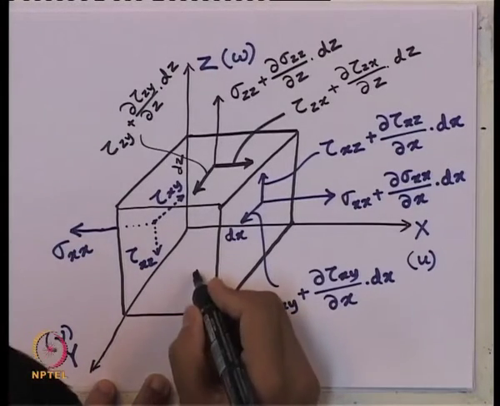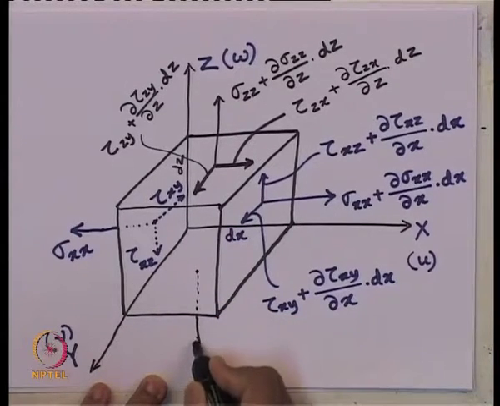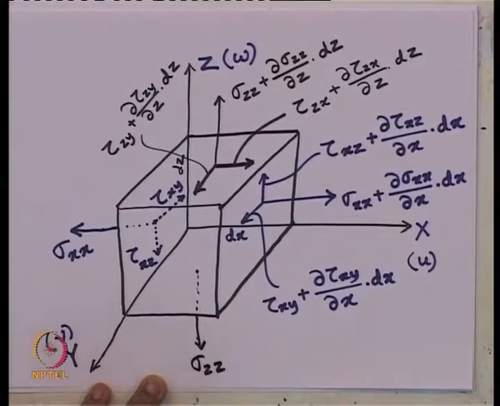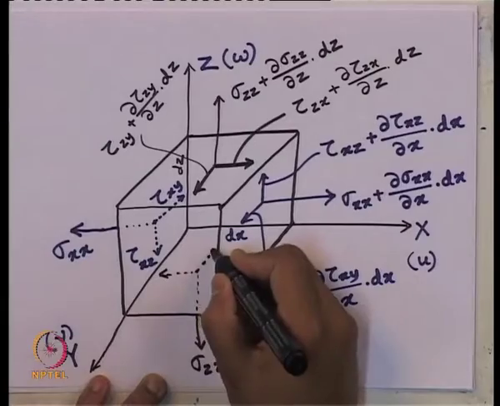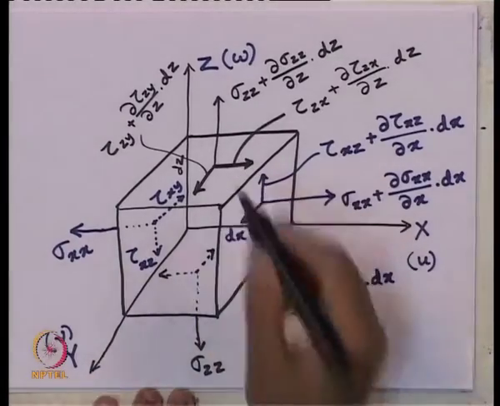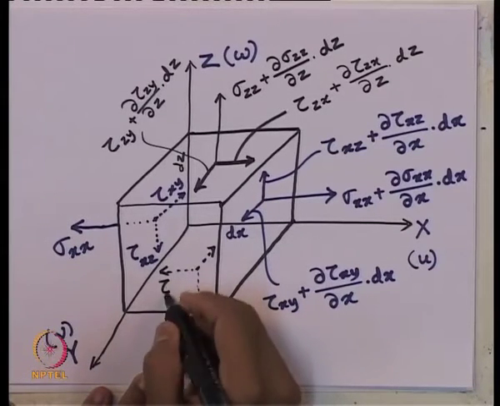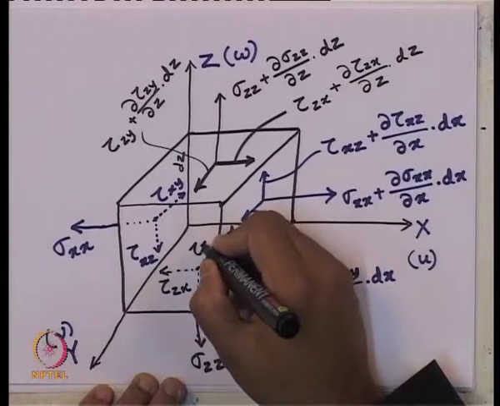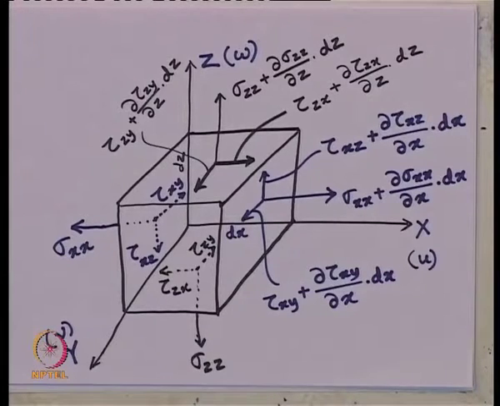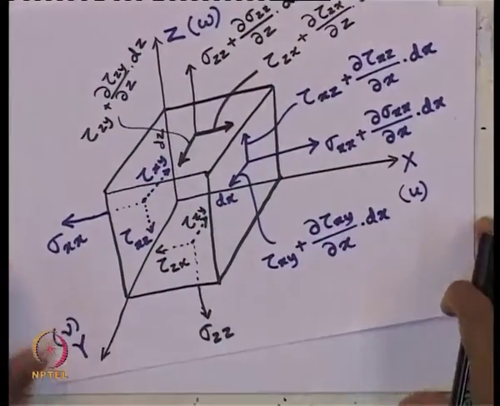On the lower plane it should be sigma z z, in this direction one and in this direction another one, because they have to be on the opposite side of this face. So, this one should be tau on z plane x direction, this one should be tau on z plane y direction. Still we have two more faces, that is on the y plane, that is this plane and the other side of the plane.